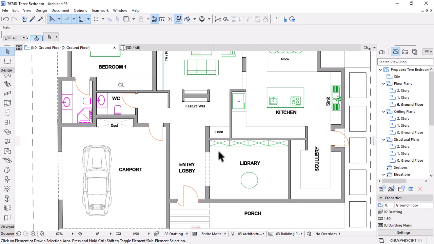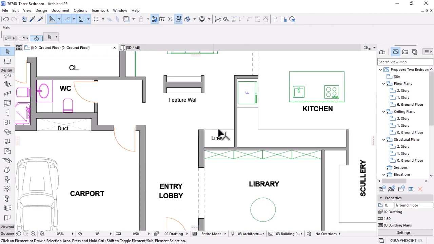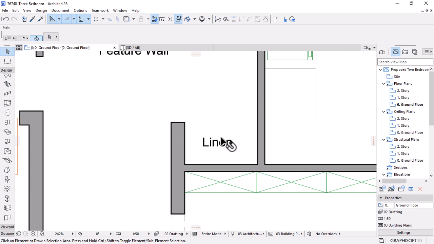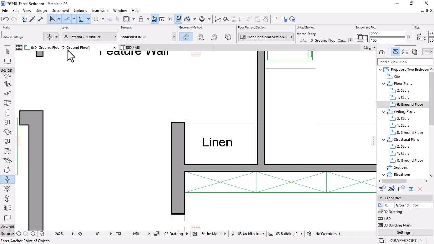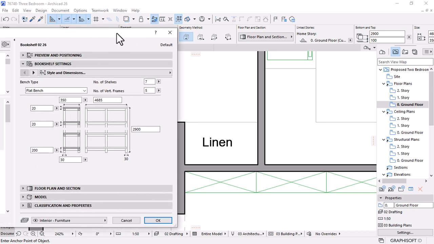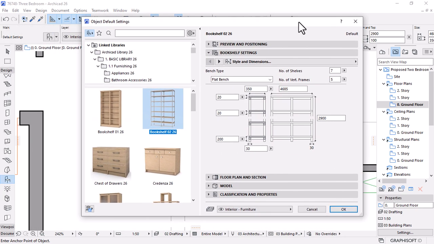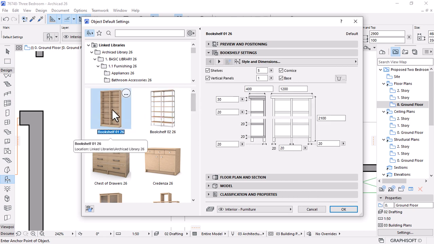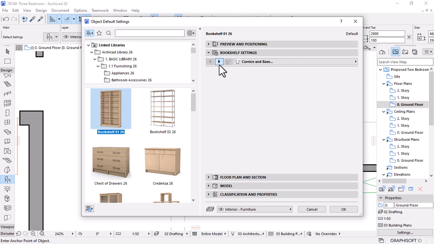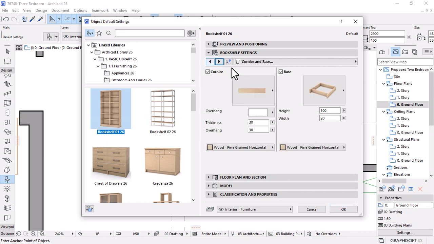Let's move to the next shelving, which is the linen cabinet. We have a linen cabinet here. I'm going to just use the same object. I can hit Alt on the keyboard to pick up the parameters of that, so that I can activate the object tool and open its settings like this, and then maybe move this to the center here. Because it's a linen cabinet, I would want something closed like this shelving, and you can go to the next page to set up the